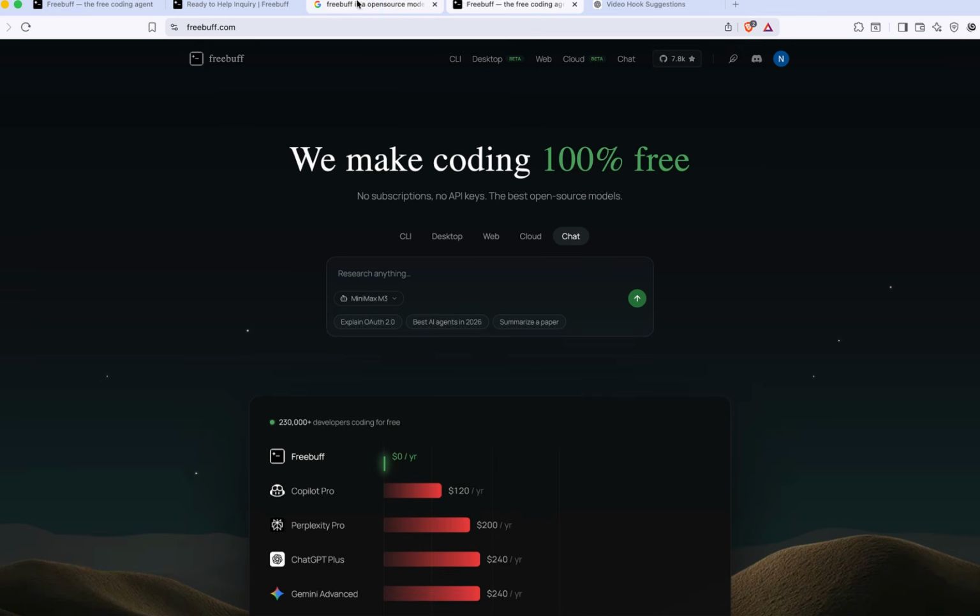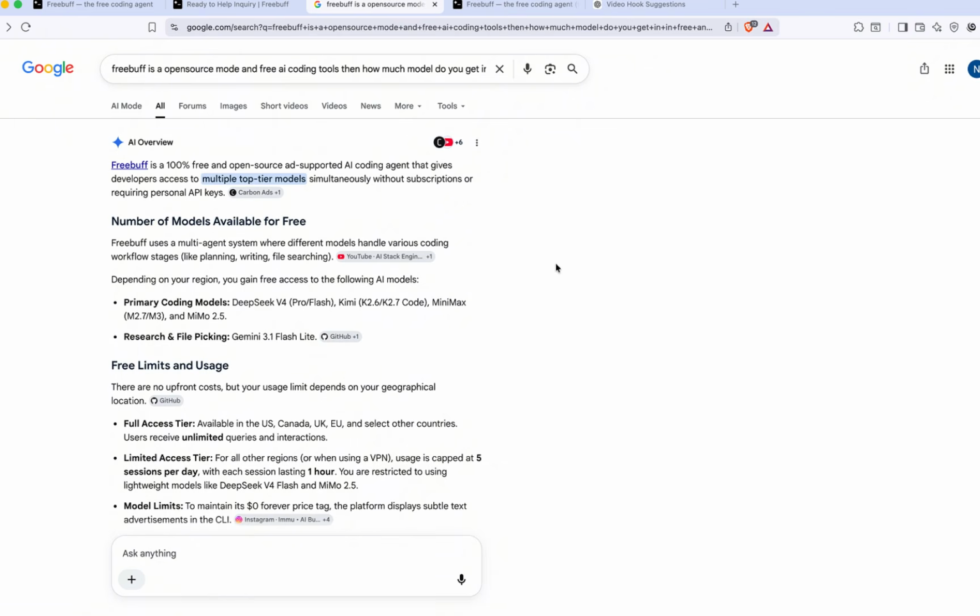To make it fully trustable, I'll search it on Google. Here it mentions Freebuff is a 100% free and open source, ad supported AI coding agent that gives you developer access to multiple top tier models simultaneously without a subscription or requiring a personal API key. And if you are worried about the line "ad supported AI" disturbing your experience, before going ahead,